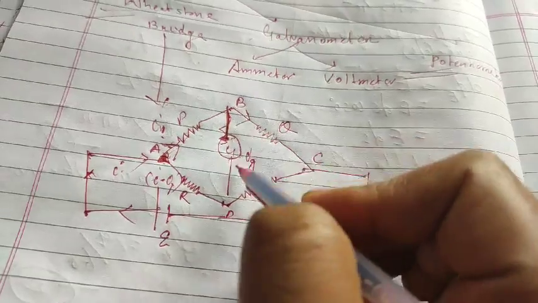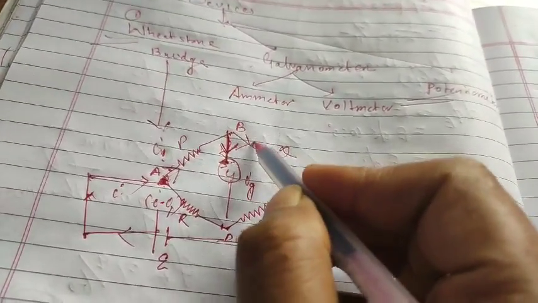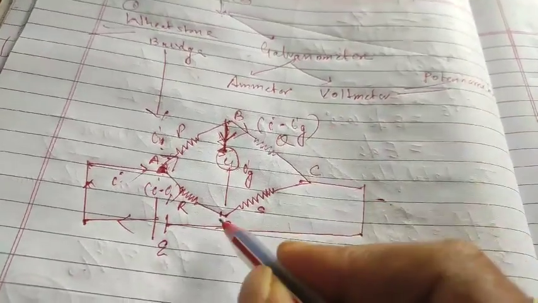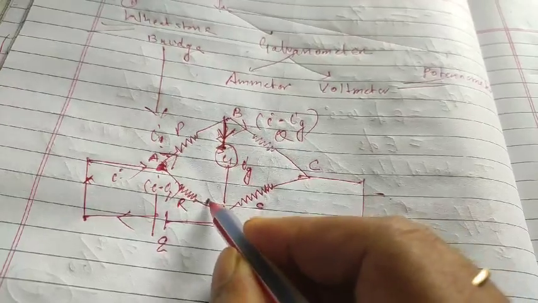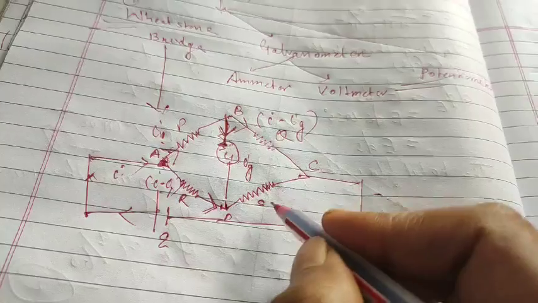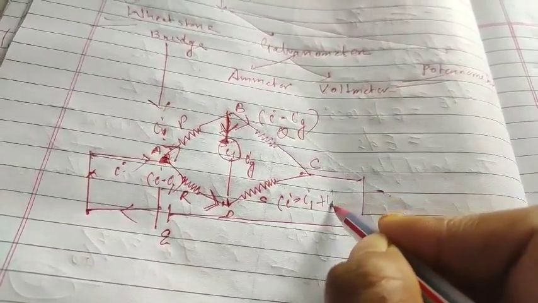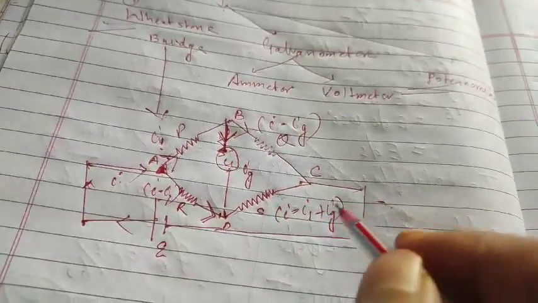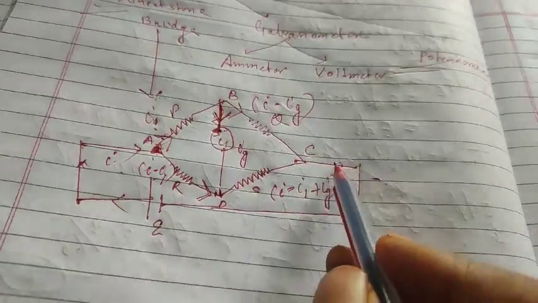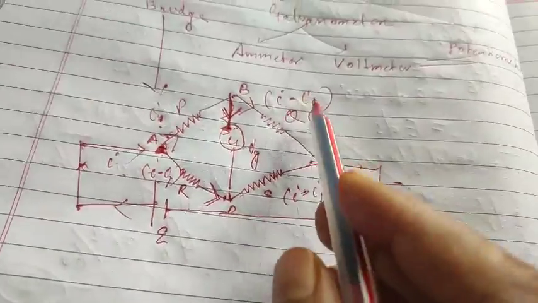Here the current I enters as I1, and here is I minus I1. Now suppose the current here is entering like this, so entering is Ig. So how much is the current at this side? You can take this one I minus Ig. Clear? And again the current entering this part here is nothing but I minus I1 plus Ig. Now you will think why madam is taking like this. One thing you have to remember: the amount of current entering is the same amount of current that should come out. So you see here I minus Ig, if I add these two,